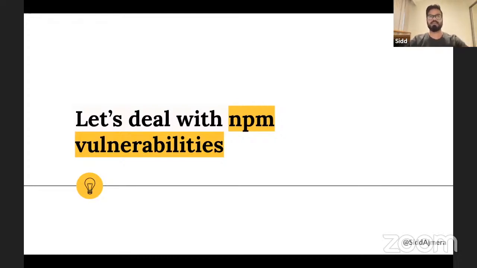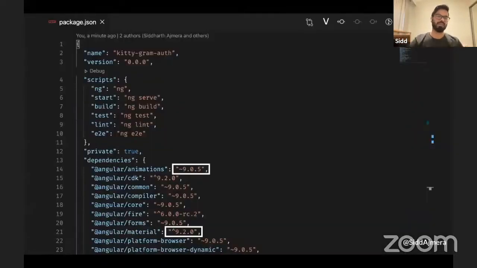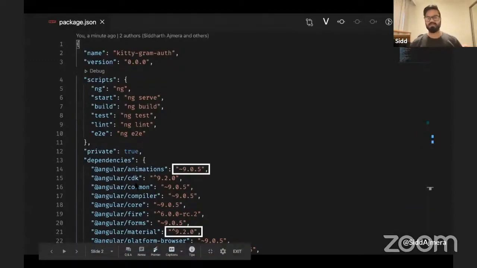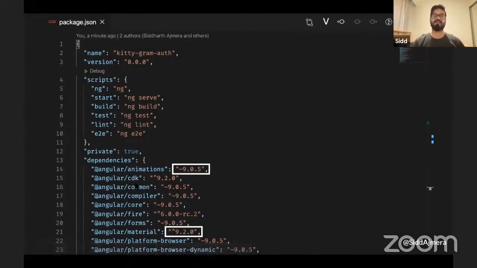packages, so node packages, and these packages are declared, the ones that you will be using in your JavaScript project, are declared in a file called package.json. So the package.json file would look something like this, wherein you have all the scripts, and then you have objects like dependencies and dev dependencies, where you define all the third-party JavaScript libraries which are exposed as npm packages or node modules that you want to use